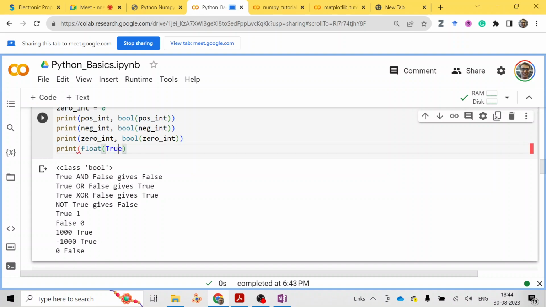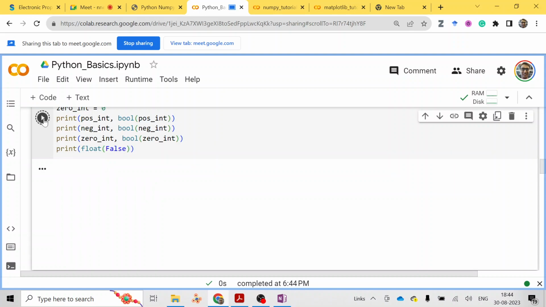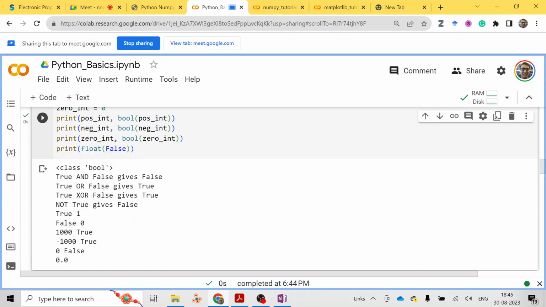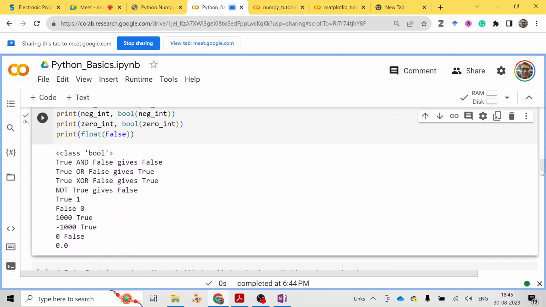Now one would ask, okay, can you get a float value for this? If you have that question, just try it. I've just done it for integers, but you can check it for float as well. If you convert this float, it will be a 0, and if you do a true, it will give you a 1.2, and if you do a false, 0.0. So for float also it gives a 1 and 0 value, but 1.0 and 0.0, which will be a float. And you can check the same again in the same way for 1000 point something,